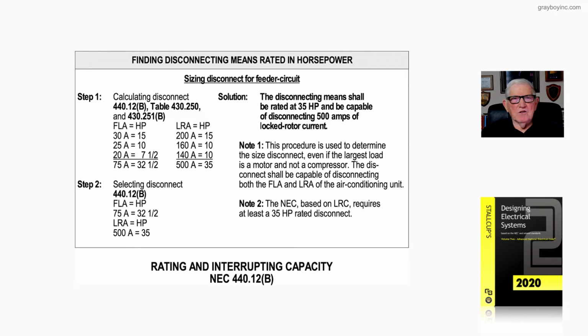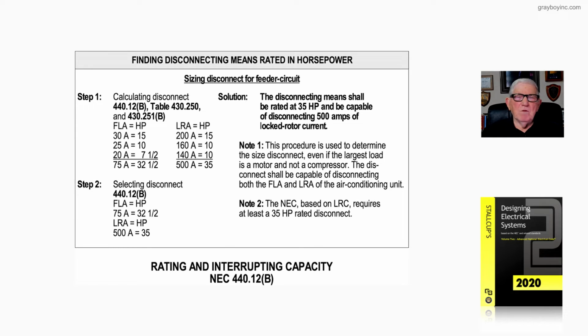Now this calculation procedure here is finding the disconnecting means rated in horsepower. Now we're sizing the disconnect for a feeder circuit. Now notice step one, we're calculating this disconnect. Now notice we're using the sections